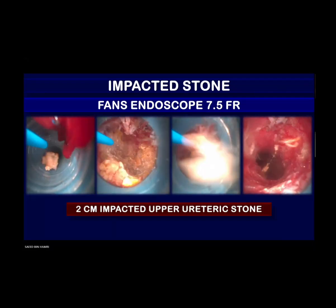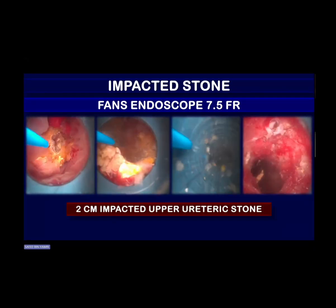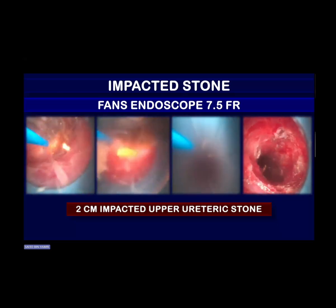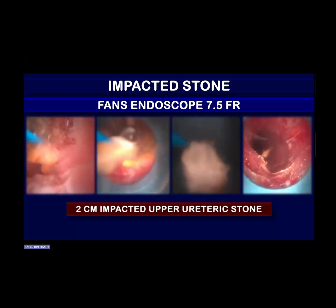Already you got the slide before I asked you. True, thank you. It is very important because it gives you the idea that it will at least